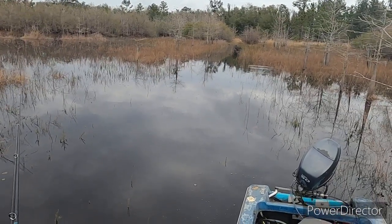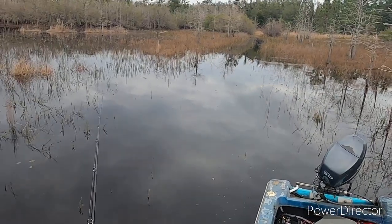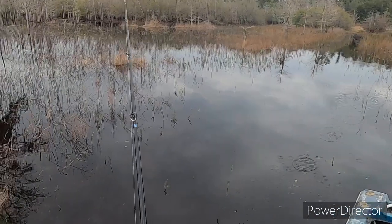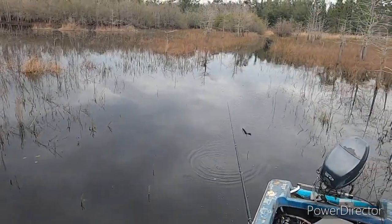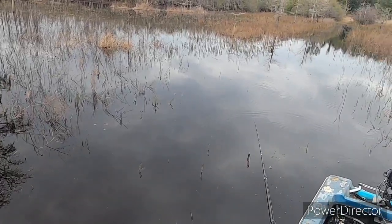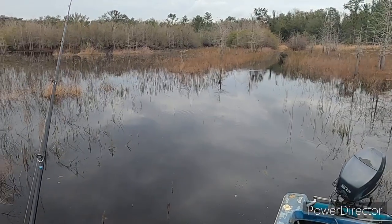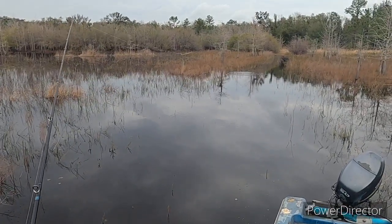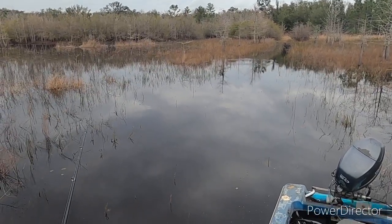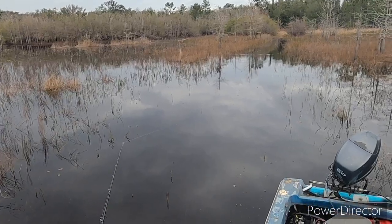You'll see a lot of people actually putting up private property posted signs back there. A guy's got these because the water is actually a little bit higher than what it has been over the last couple years, where you're able to get to some of this stuff. But I know people like to have fun, but at the same time, they will come out here and tear it up. And honestly,